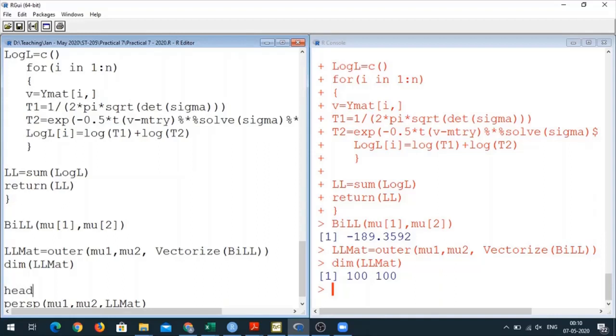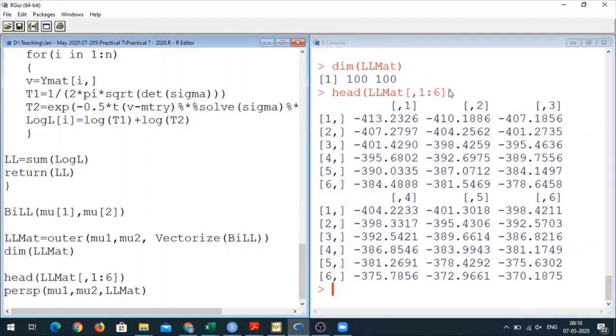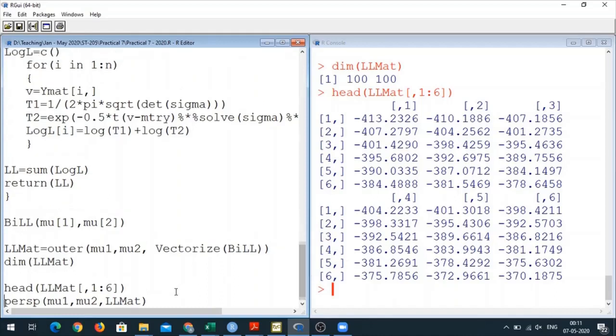Okay, so let me try to show you a few values. Head of LLMat and only columns 1 to 6. See, for the first value of mu1 and the first value of mu2, I am getting this, and so on. And we want to maximize this likelihood. So we want to see at what point this likelihood gets maximized. So if I draw this persp with ticktype equal to detailed,